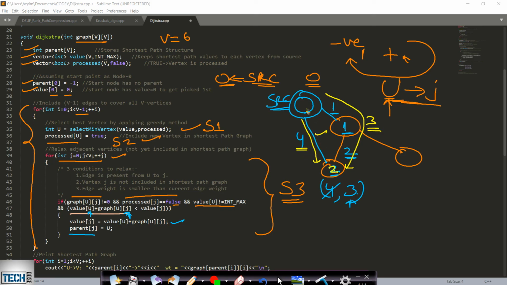So parent of 2 was 0. Now we will be including this edge from 1 to 2. Therefore we will have to discard this edge from 0 to 2. Therefore we will be updating the parent as well. This I have already explained you. So this will be repeated for all the adjacent vertices, and this will be repeated for v minus 1 times in order to cover all the vertices.